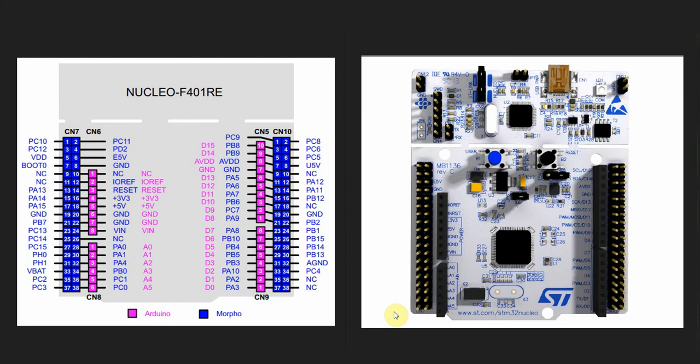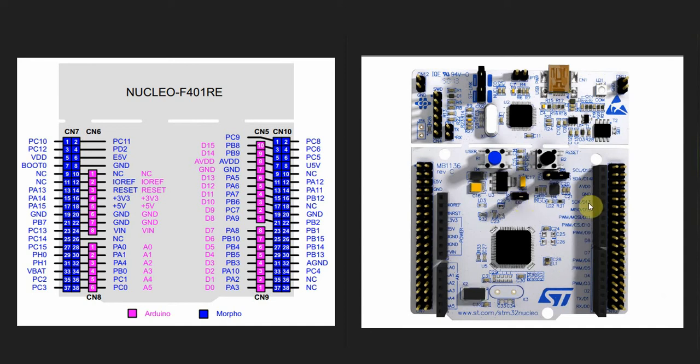Welcome to another STM32 FreeRTOS session, and today I'm going to look at how you can achieve inter-task communication. It is very hard to find a system that has parallel tasks that do not depend on each other. At some time you may need to share some data to a task for processing, and I'm going to do